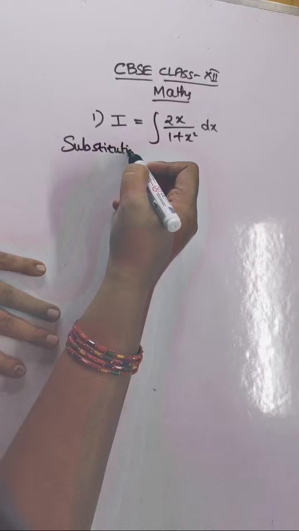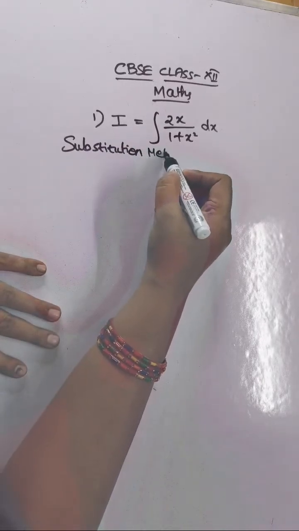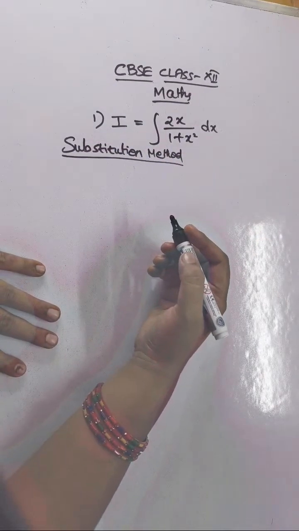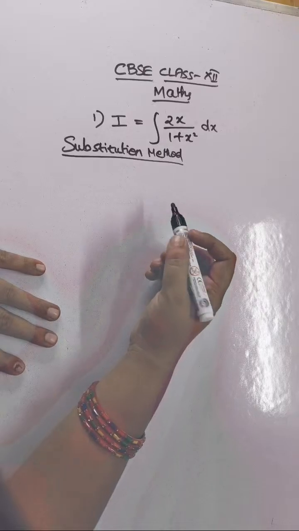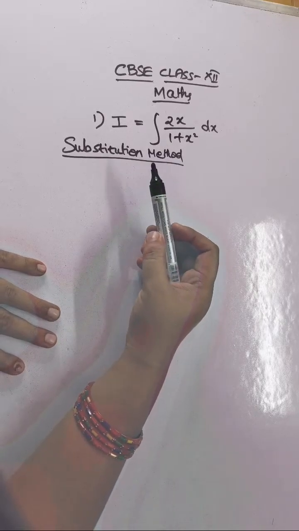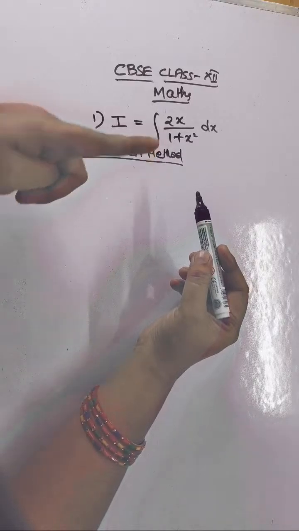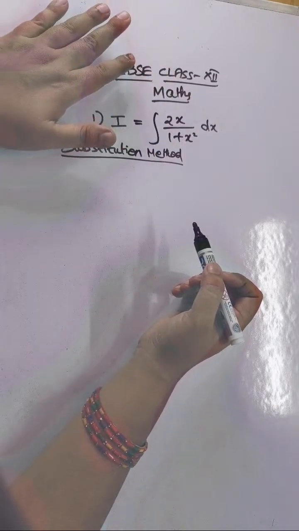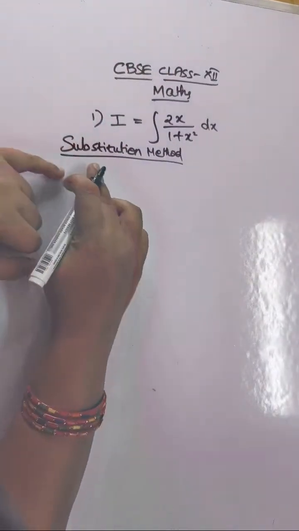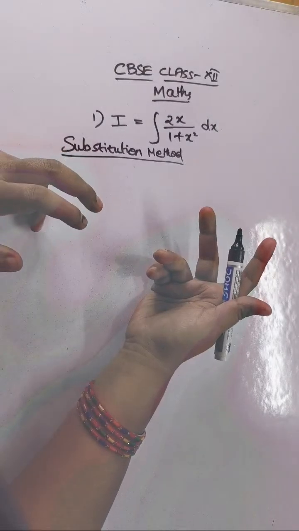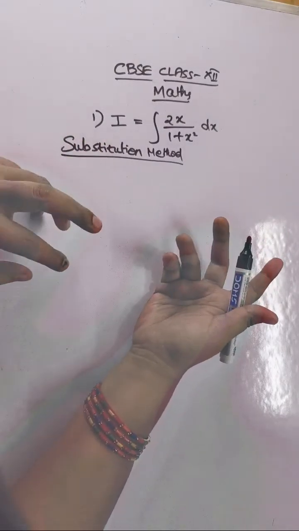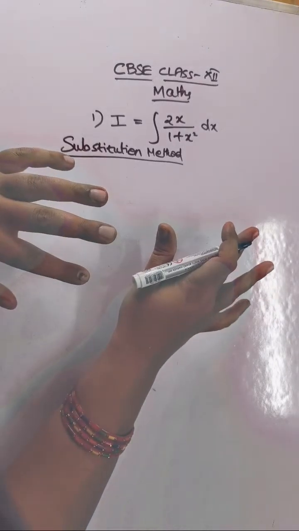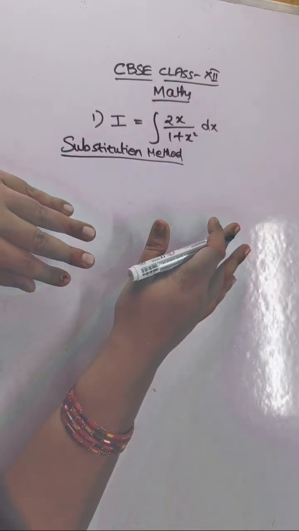Substitution method. In class 10, you would have learned the substitution method to solve for x and y. That is one of the methods you would have used. Here, we use that using differentiation. We will use both differentiation and integration for these kinds of questions. Okay, so you have said that it is substitution. What term do we have to take, and how do we simplify? You will have these many confusions, right? For that,